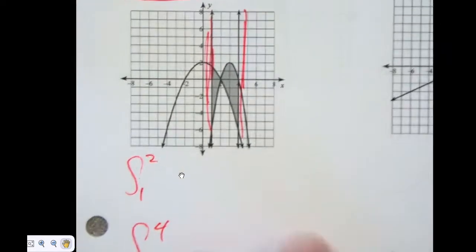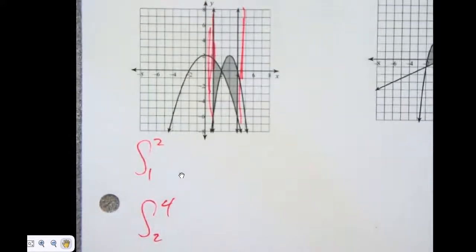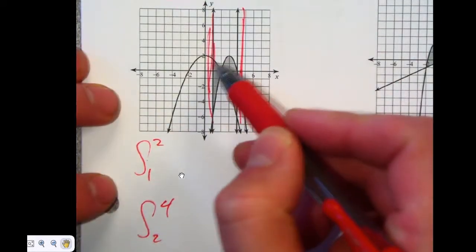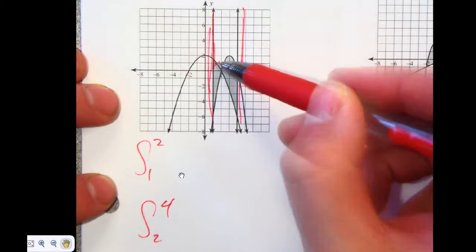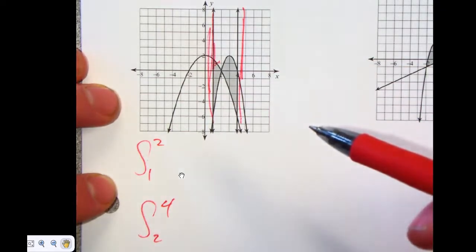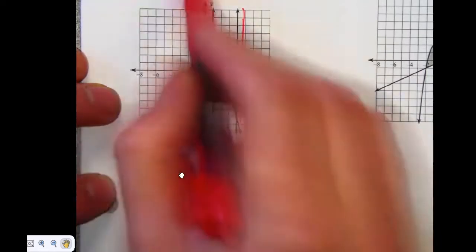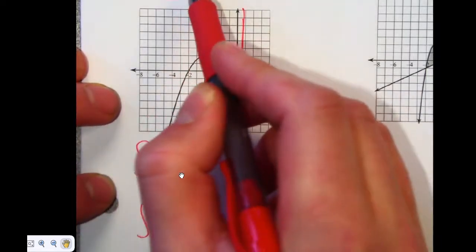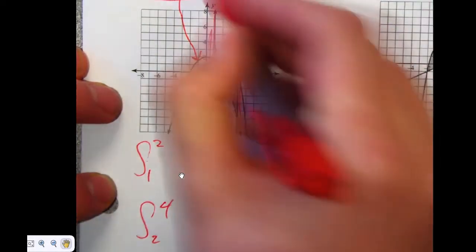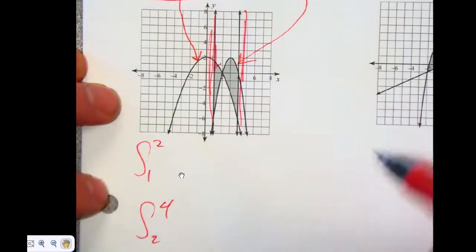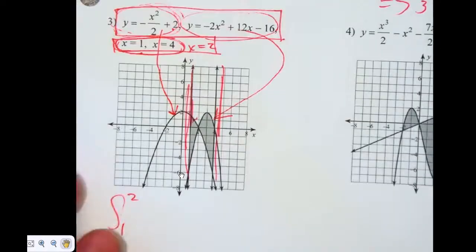The reason I need 2 is because the top switches, right? So in this first part here, the top equation is, well, let's figure out which one. Okay, so negative x squared over 2 plus 2. That's just going to be a regular parabola shifted up 2 spots. So this equation is this graph, which means this equation must be this graph. So in this first little spot right here, the x squared over 2 plus 2 is on top, and that's on the bottom. And then it flips. You guys see what I'm talking about?